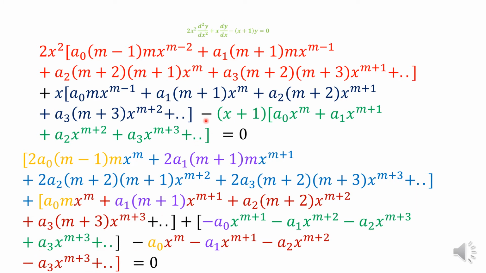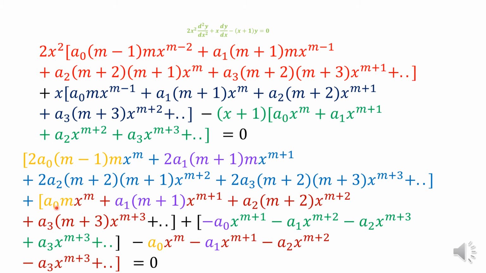sorry, there are two mistakes. First of all, there will be a minus sign here, and because m plus 1, m plus 2, m plus 3, right? And a3, this one a3, it will be x the power m plus 4, right? So two mistakes are there. This sign will be minus, and x the power will be m plus 4 here. Now this one also, it is x the power m, x the power m plus 1, x the power m plus 2. Similarly, it will be x the power m plus 4, m plus 3, sorry, this is okay.